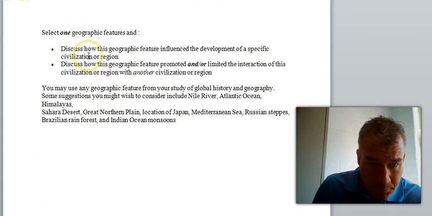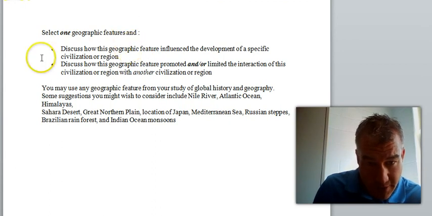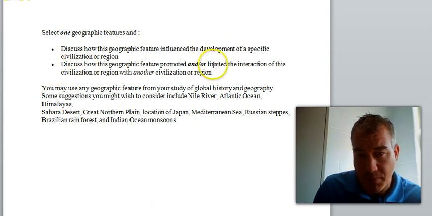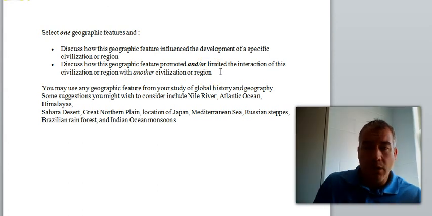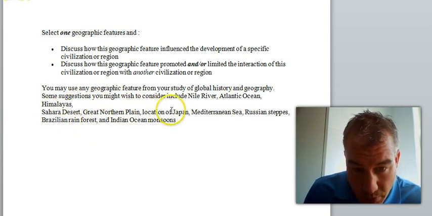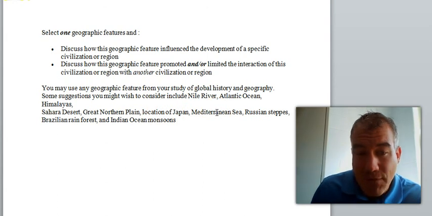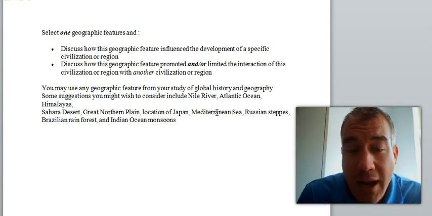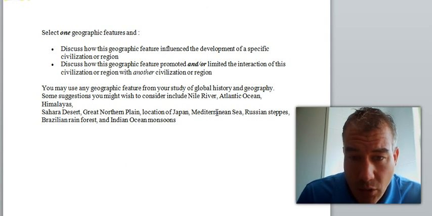Lastly, select one geographic feature and discuss how this geographic feature influenced the development of a specific civilization or region, and discuss how this geographic feature promoted or limited interaction of the civilization or region with another civilization or region. You can do any example that you see here below using these different places: Sahara Desert, Great Northern Plain, location of Japan, Mediterranean Sea. If you understand any of these, that's great. You can use things that are not listed here. You can talk about